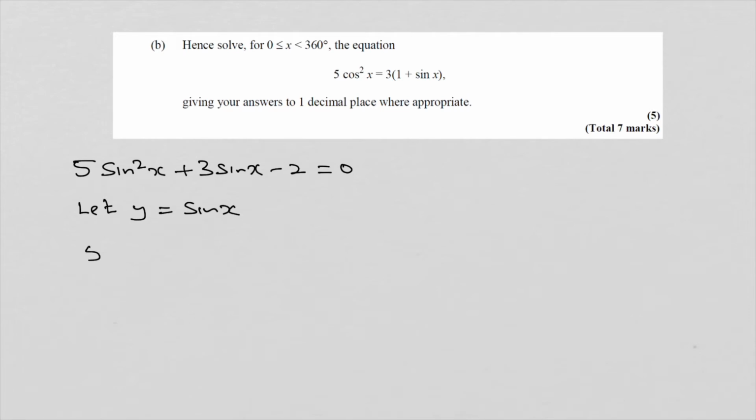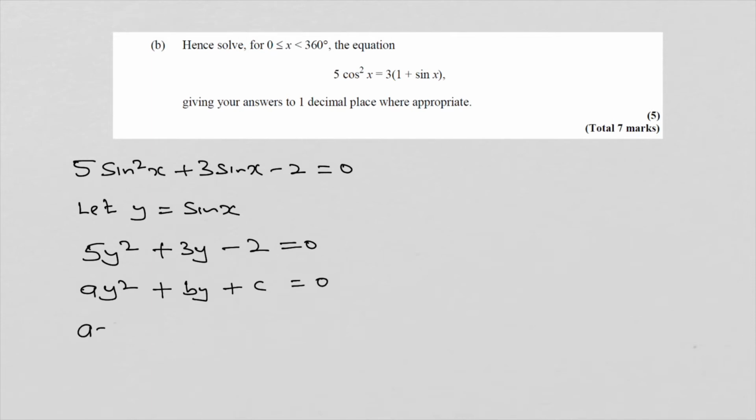So that will be 5y squared plus 3y minus 2 equal to 0. That reminds me of a quadratic function, ay squared plus by plus c equal to 0, where a equals 5, b equals 3, and c equals minus